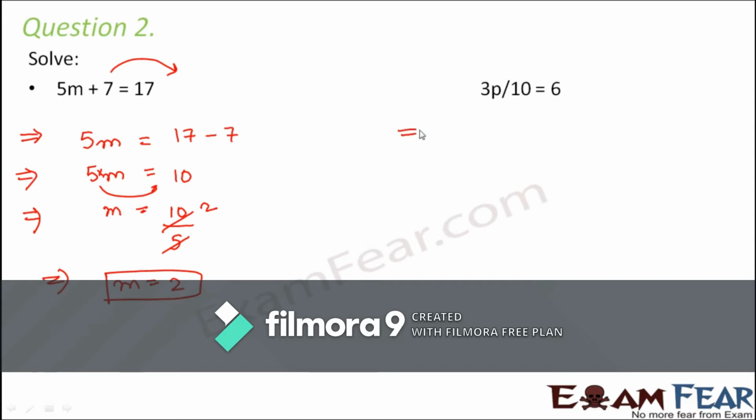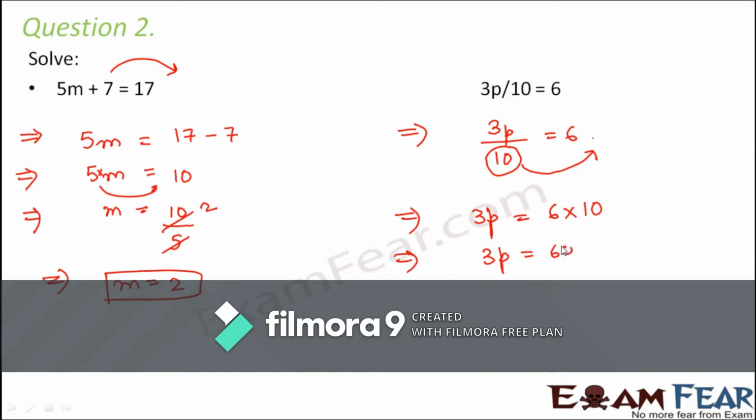So here this equation also let's try to see. 3p divided by 10 is equal to 6. So here first let us try to move this 10 to right hand side. So what will happen? Here it is divided by, so this side it would become multiplied by 10. So therefore you get 3p is equal to 60. Now this 3, the moment you shift it this side, it will become divided by, so it will be 60 divided by 3. So 3 into 20 is 60. So what do you get? You get p is equal to 20 as the solution for this equation.